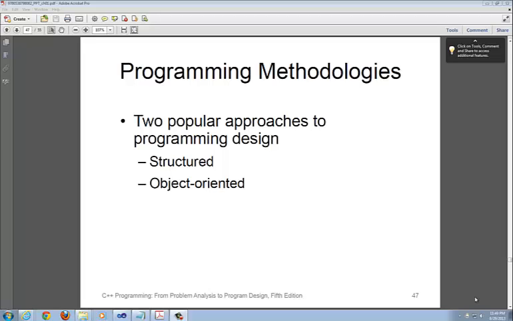80% of a programmer's life is basically maintaining somebody's code. So structure is very important. Structure, learning how to write if-then-else, while loops, and all the pre- and post-test loops. That's structure. On the other hand, you have what's called object-oriented programming, which is a different type of approach, a different